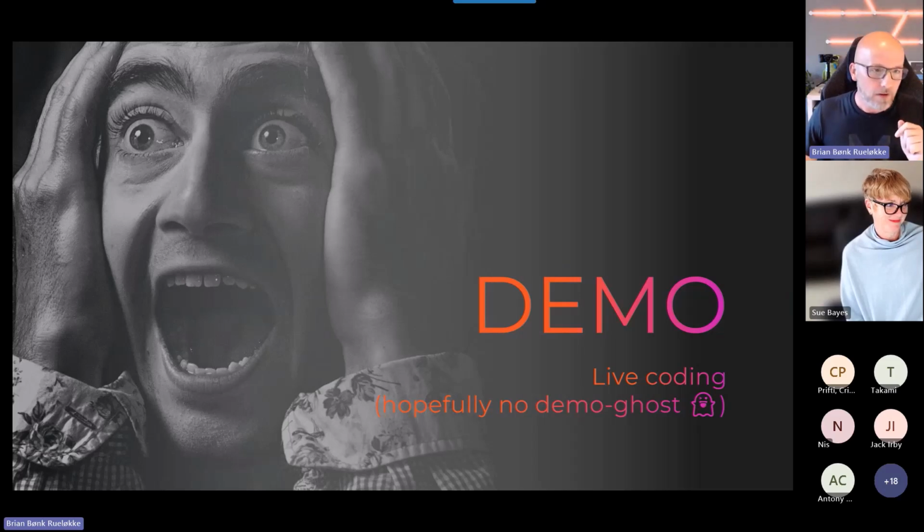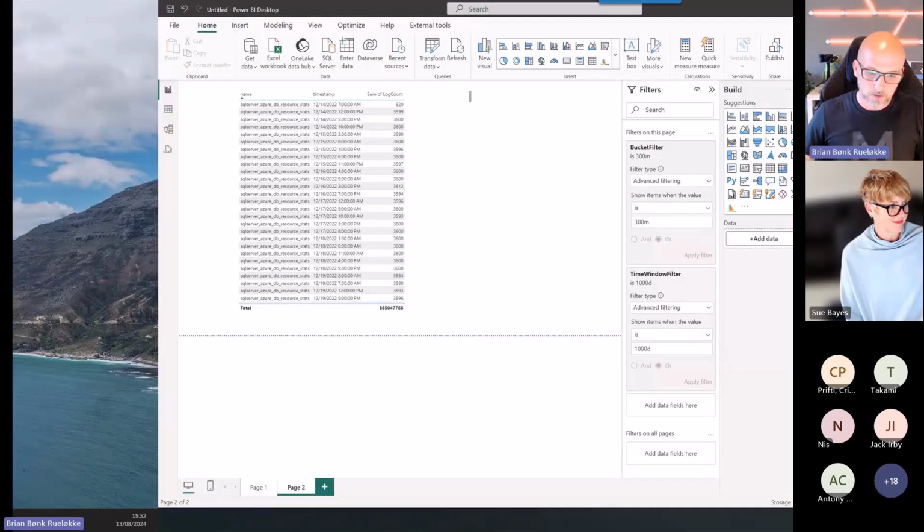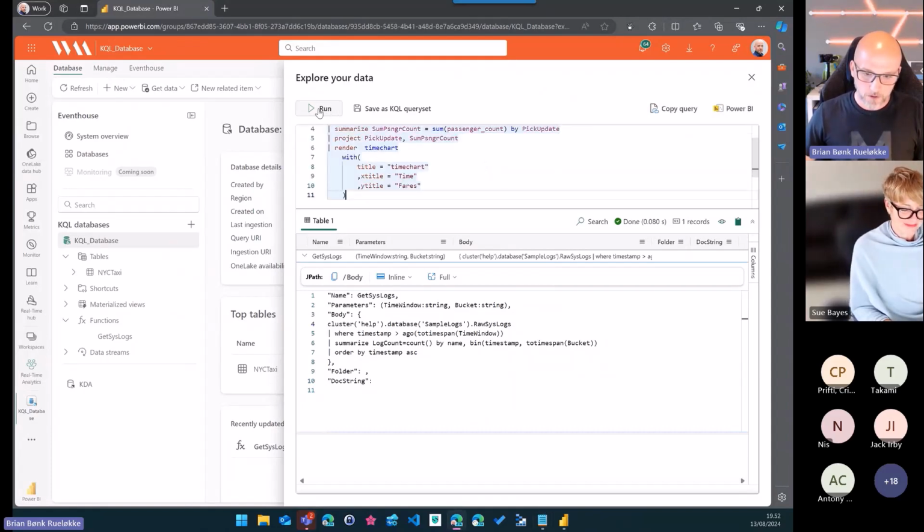Thank you. One thing I want to show you even more is that I can actually do rendering directly in Kusto. I won't go through all of this, but I will just show you that I can actually render things directly in Kusto. So if I go back to my workspace and I remove all of this and I copy the query you just saw and paste it right there, and I run it.